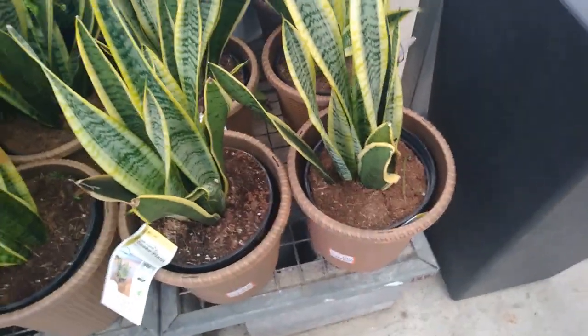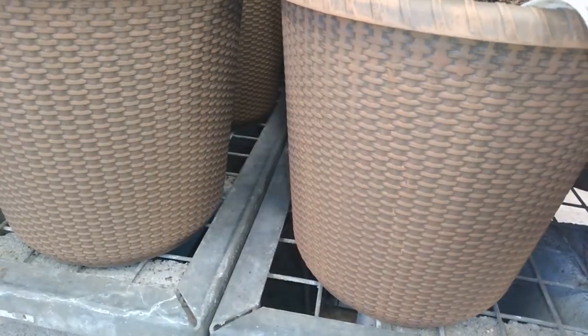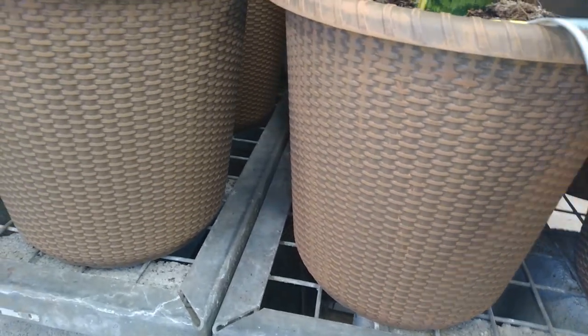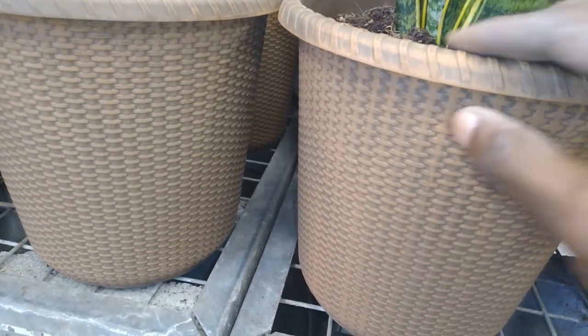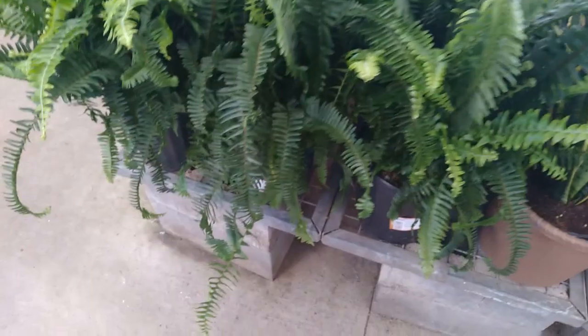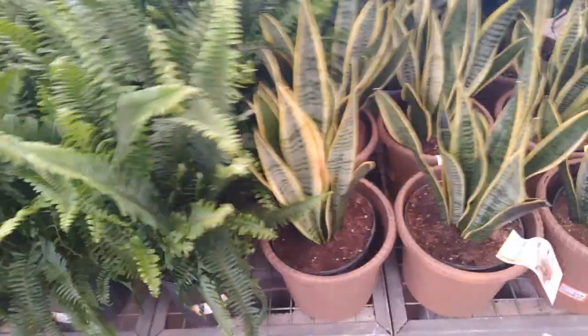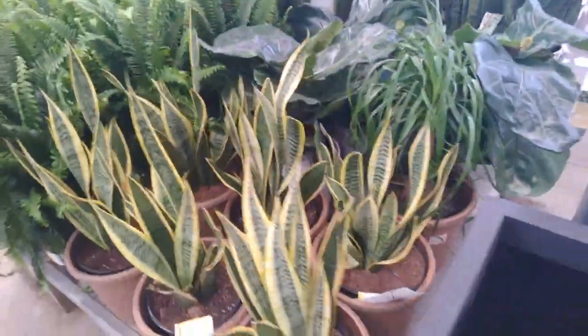We have a snake plant Sansevieria here for $24.98, and it comes in a plastic pot or container. And we also have some bigger ferns here for $14.98. Let's move around to this next one here. It's like a bigger ponytail. Yep, for